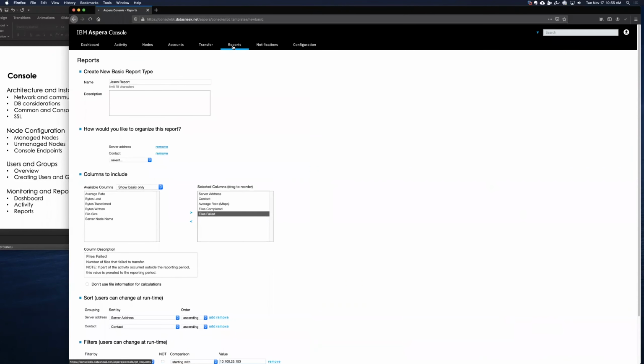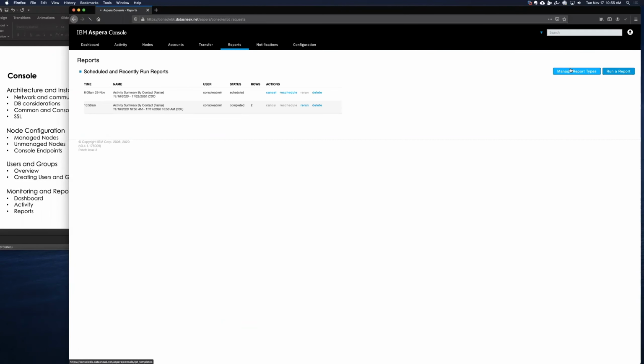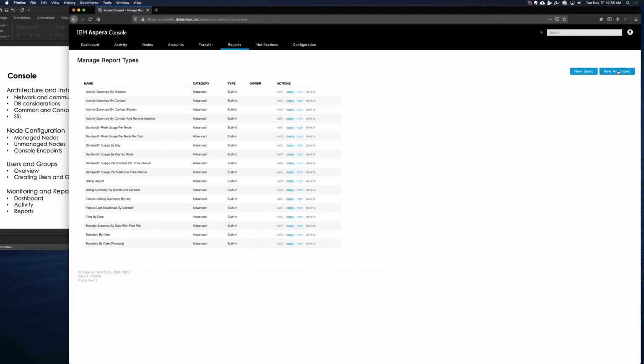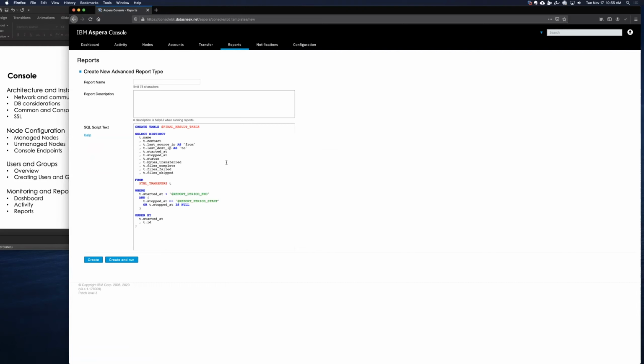Now, there is another option you may have noticed there. If I look at my Manage Report Types, there's this advanced option. Now, this is where you can actually get in and start looking at the actual SQL under the covers, right? So you can create your own very specific reports. Again, give it a report name and a description. If I click on this little help,